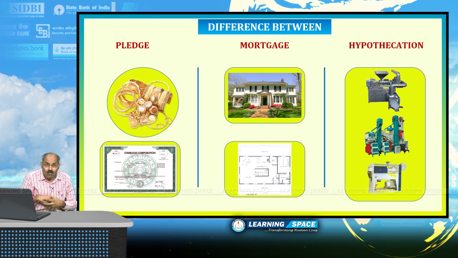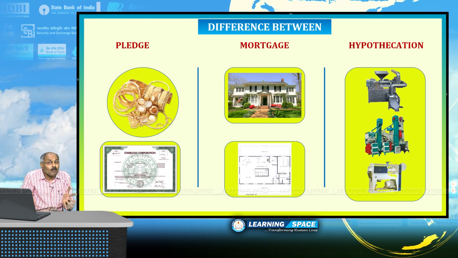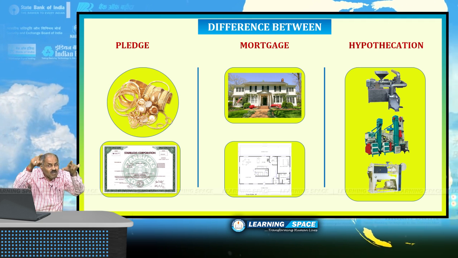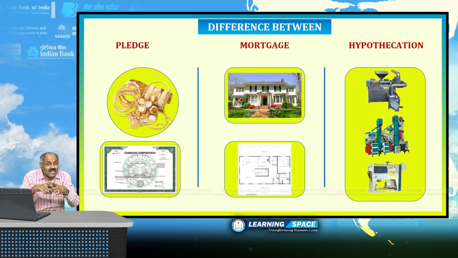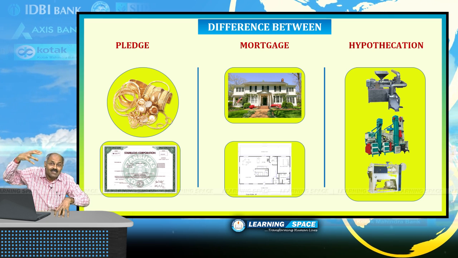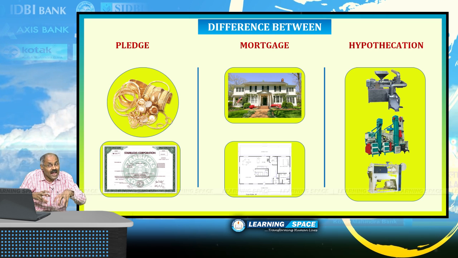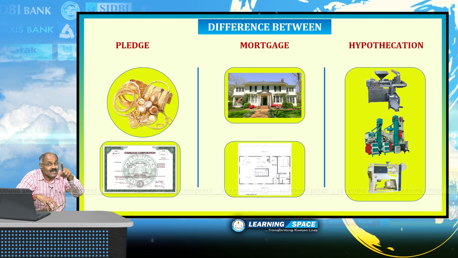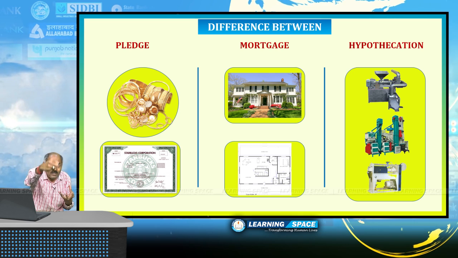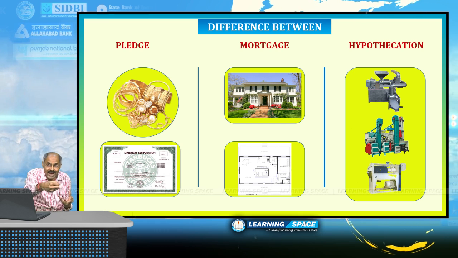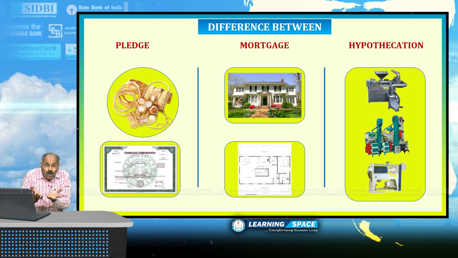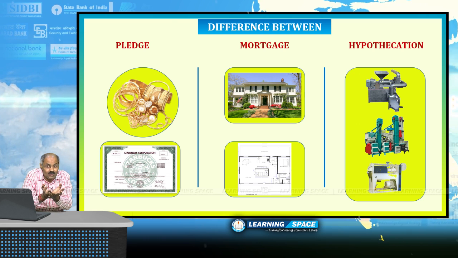Second is mortgage. Mortgage means land or buildings, maybe house plot, maybe that building what you are seeing in this illustration can be offered as collateral security and then you can get loan. That is mortgage. Mortgage refers to land and buildings attached with land. Please don't forget. Land and buildings attached with land. Pledge means you are giving your property with the bank. You are keeping your gold with the bank. Mortgage is you are giving land or properties attached with land as collateral security for getting the loan.